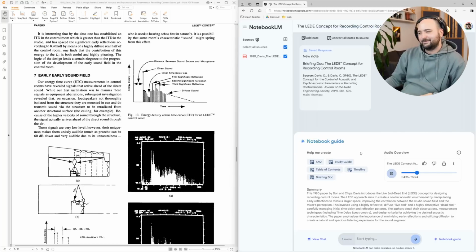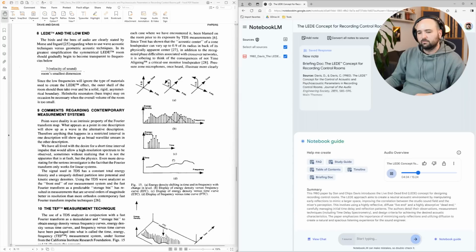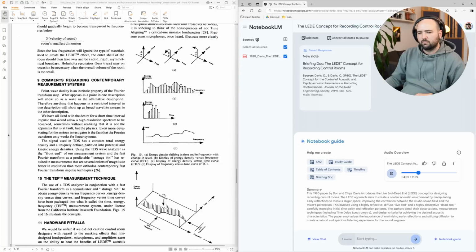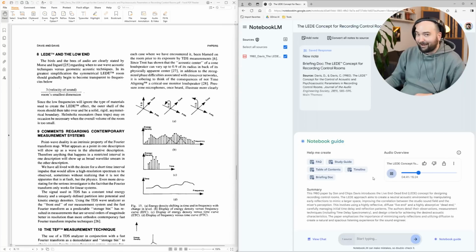Sounds good. Welcome back to our deep dive into LEE control rooms. All right. I don't believe we left at any point, but okay. I'm ready to uncover more of the secrets hidden within the Davis paper. Oh, yeah. And there are plenty of fascinating details to explore. Remember how we talked about that reflection-free zone in the dead end? Right. Well, the Davis paper dives into this rather sneaky culprit that can disrupt this pristine pathway. Okay. Early sound. Okay. Early